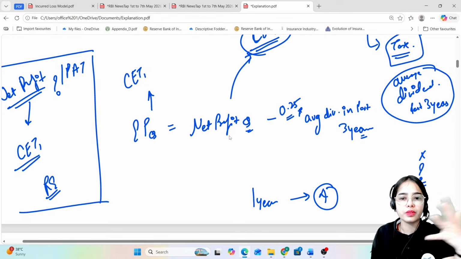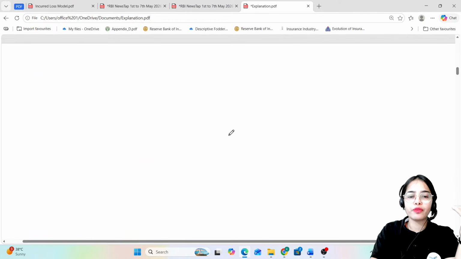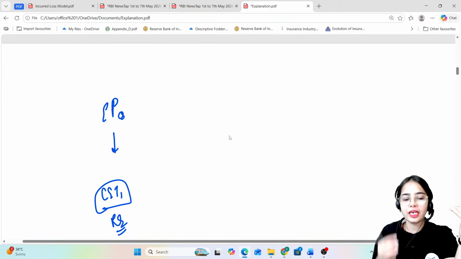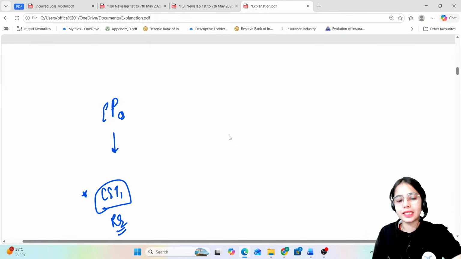That means in 1 year there are 4 quarters, that means 0.25. We can multiply the average dividend of the past 3 years by this to come to the quarterly dividend. So basically, the eligible profit in the quarter that can be added in the common equity tier 1 capital as the retained earnings